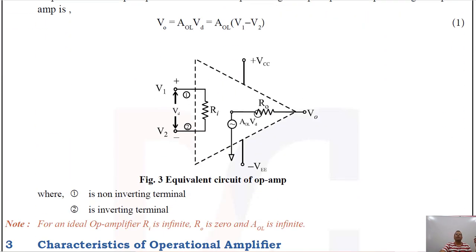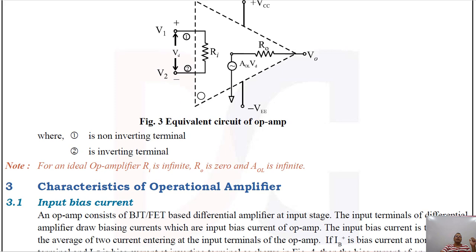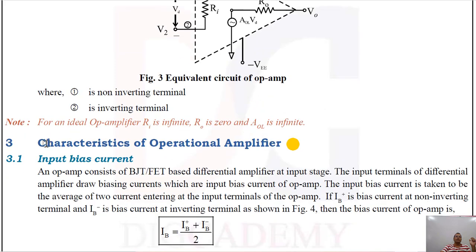This was a theoretical question, and there are a number of objective type questions from this topic in the engineering services prelims exam. This topic is not very important from the GATE point of view. We will start the next topic, characteristics, in the next video. It is very important for GATE and engineering services especially. There are a number of questions from this topic, so wait for my next video.